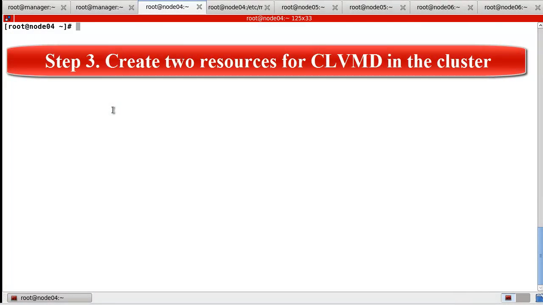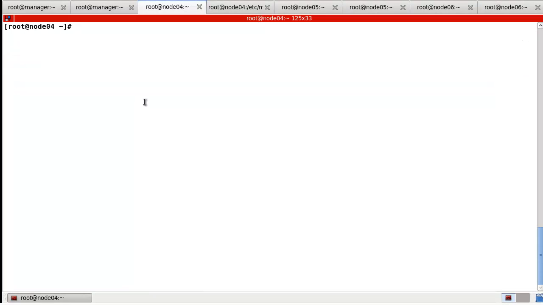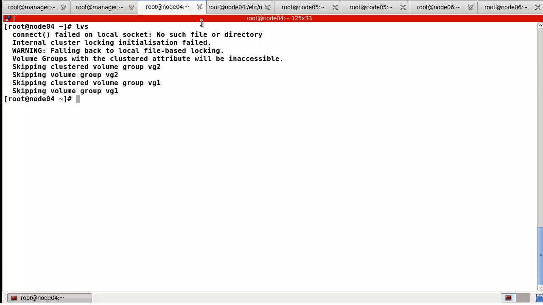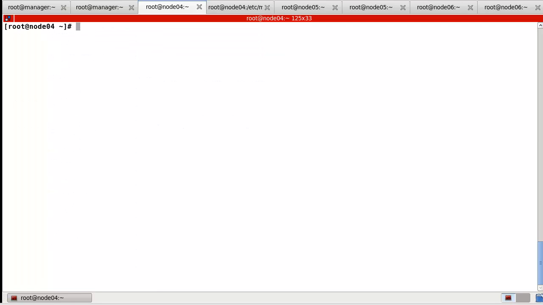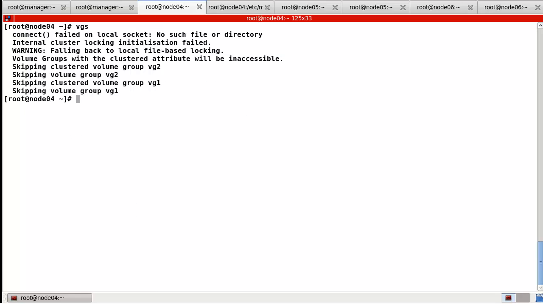Step 3, create two resources for the CLVMD in the cluster. To use the CLVMD daemon in the cluster environment, especially based on Pacemaker 7, this one. Okay, here, maybe if you use this kind of LVM command, or PVS or VGS, then we cannot find any information.